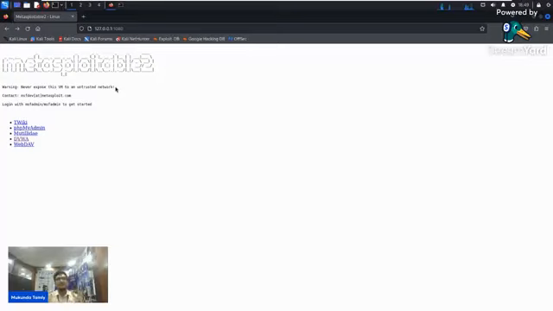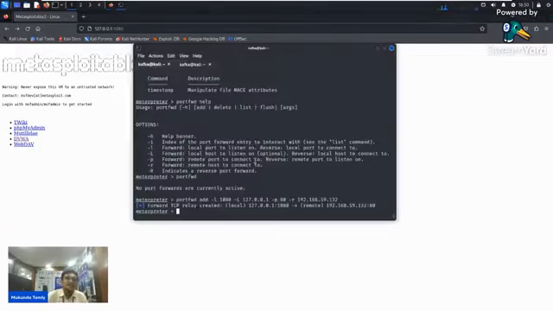Okay, so you got the idea. I hope you got the idea how the pivoting works using port forwarding. So this is one of the methods. I discussed three: port forwarding, proxy, and SSH tunneling. Here I just showed you the port forwarding method. Got it? I hope you enjoyed the demo. So this is all about port forwarding, using a compromised system to pivot to a different system on a different network.